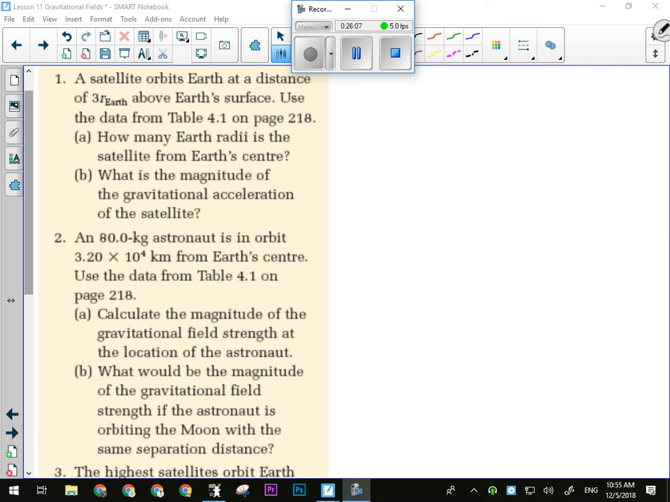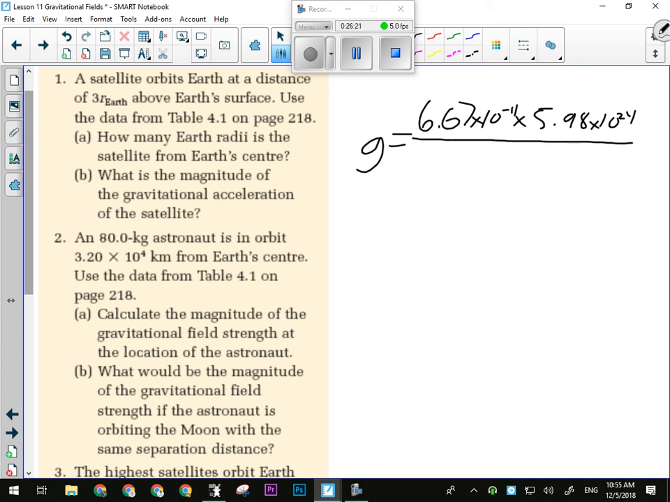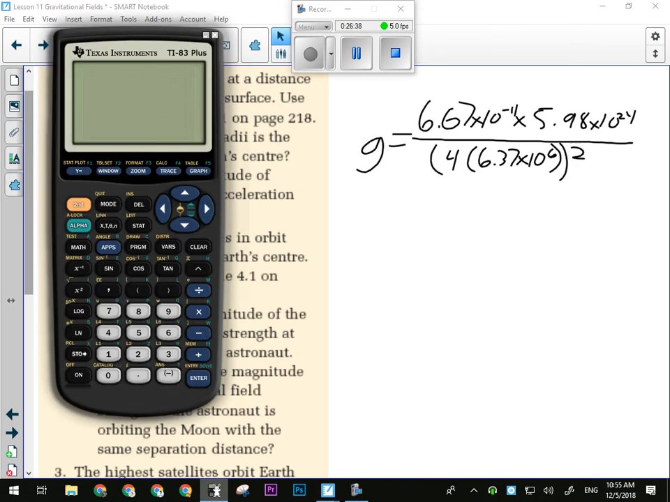That'll help us with this calculation, because if we want to calculate gravitational field strength, we're going to take the gravitational constant multiplied by the mass of the Earth, and then divide it by the radius, or the separation distance, which will be 4 times 6.37 times 10 to the 6, squared. Oh, sorry, need one more bracket there. That's what we've got to do in order to solve that one. So we'll have on the top,